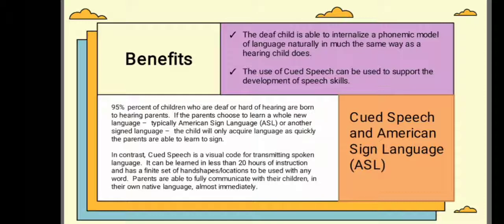If a deaf child is born to a family where the parents are also deaf and ASL is the native language of the family, the child will most likely learn ASL as his primary language and could learn English as a second language via the use of cued speech. Likewise, a deaf child who learns English via cued speech as his first language may learn ASL as a second language. This is desirable so that the child is able to socialize with other deaf individuals who sign.